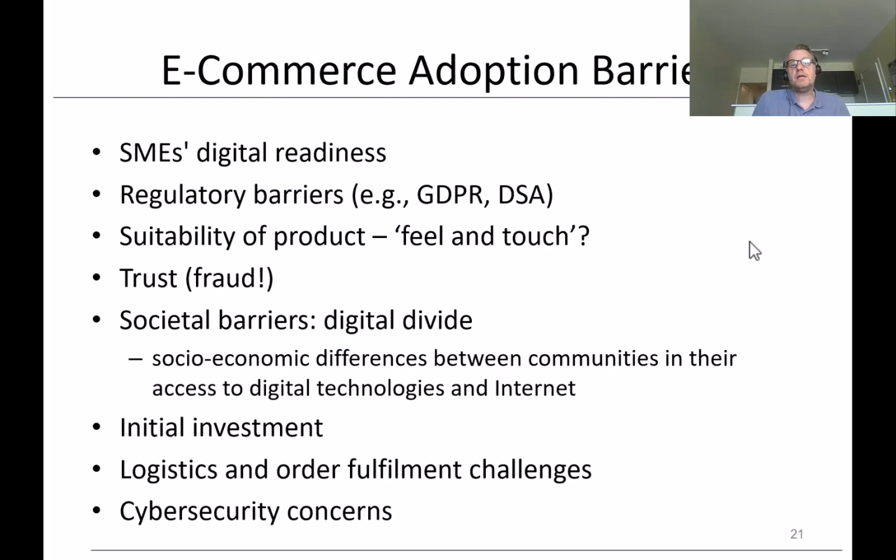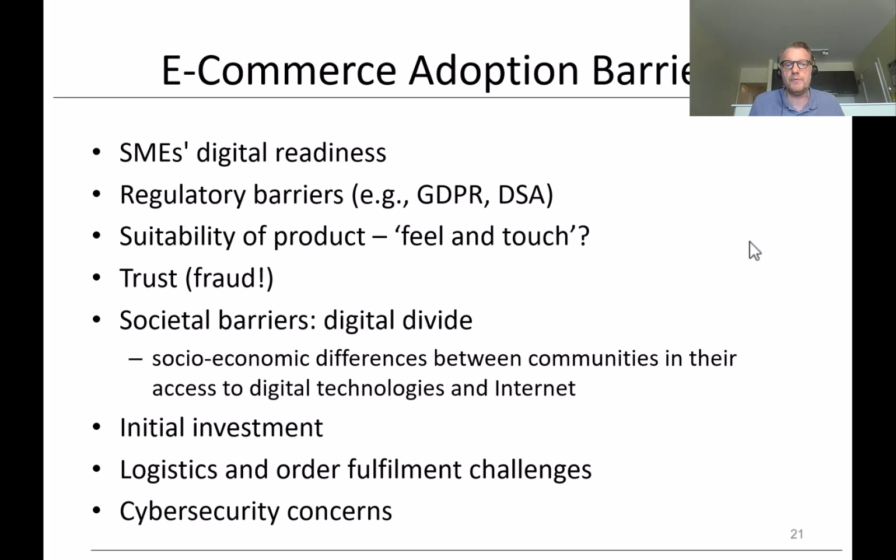There are, however, some e-commerce adoption barriers, especially for the smaller players like the SMEs, the small and medium-sized enterprises. Not every small and medium-sized enterprise is digital ready. Though more and more are getting ready, there are still some that are lagging behind, because sometimes e-business requires an investment. Think about the local grocery store that wants to stay in the physical world and doesn't want to go e-commerce because it's not prepared, it doesn't have the funds to go online, and it's happy as is